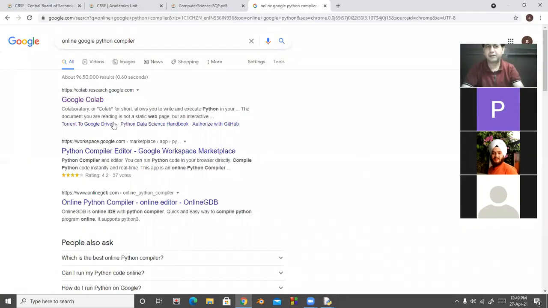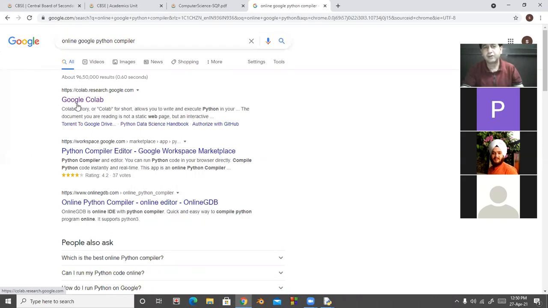So look at here, Google Colab. If you have your email ID in Gmail, Google has different tools, different applications. They are free of cost. So one feature of Google is you can use your Google Gmail ID for accessing different online language editors.